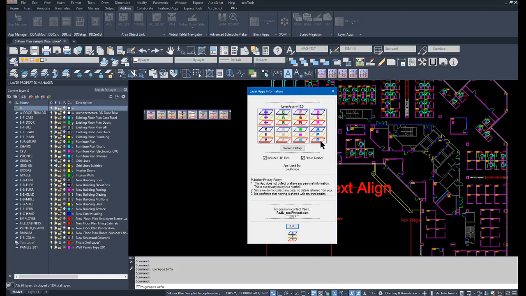What's new with Layer Apps version 4.0.0? Layer Apps version 4.0.0 adds two major components. The first of which can be seen on the Layer Apps information window, which is shown currently here on the